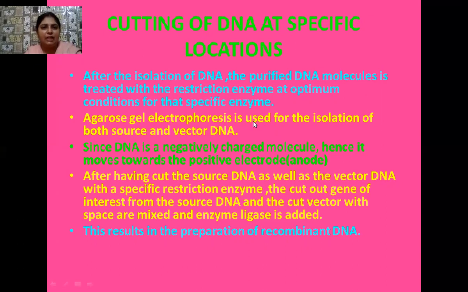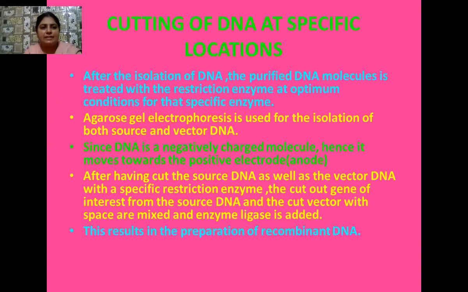Okay, students, once we have done the cutting with the help of restriction endonuclease, the next step is the isolation of these cut fragments, whether of plasmid DNA or alien DNA. And for this purpose, we use agarose gel electrophoresis. It is a kind of machine in the form of a container having two terminals, positive and negative. We pour the agarose gel over this container, and first the gel is in the form of a liquid, and after coming in contact with room temperature, this gel solidifies, and on the left hand side of this container small pits are there, which are known as wells.